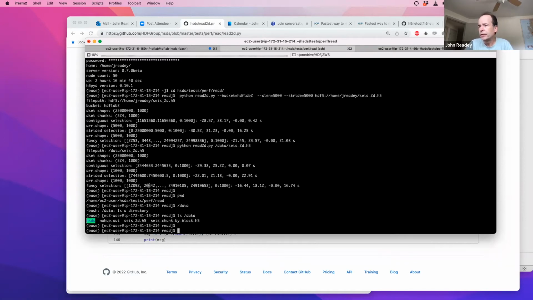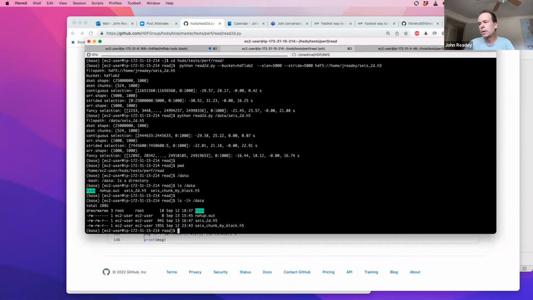It has a file, cs_2d.h5, which is about 100 gigabytes. And Karen, one thing I wanted to ask is whether there is an upper bound for the size,